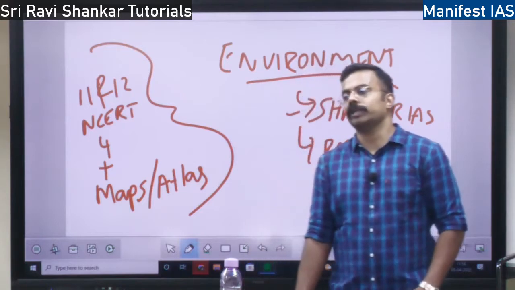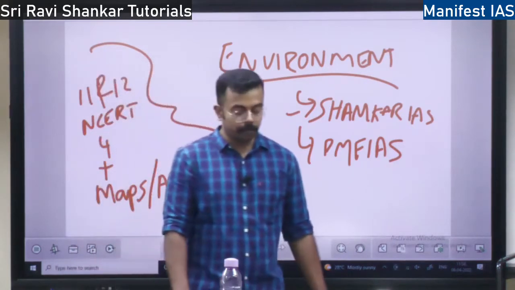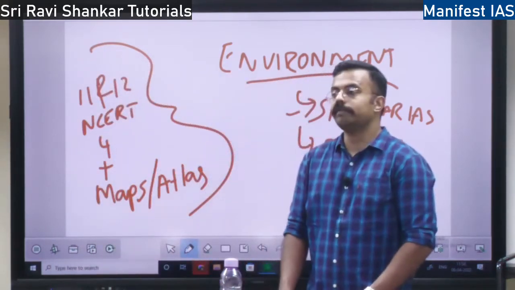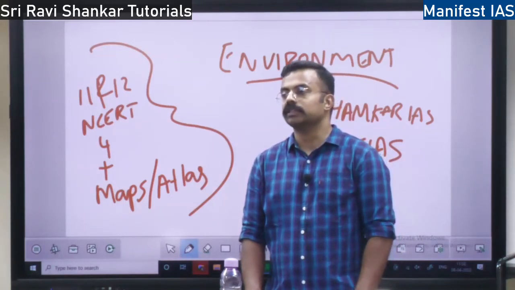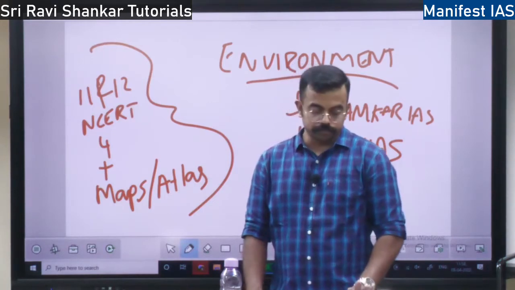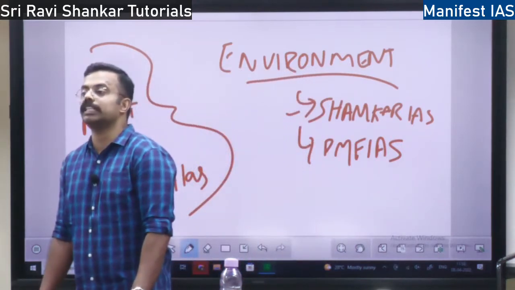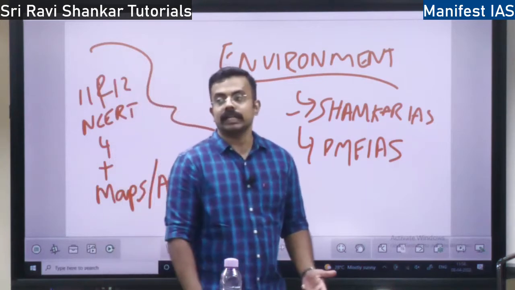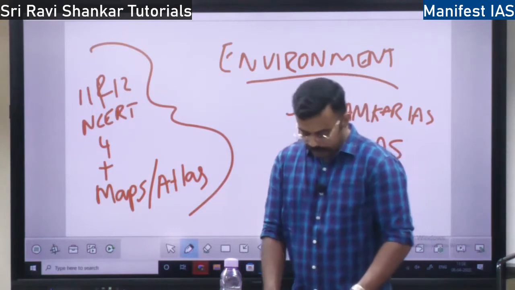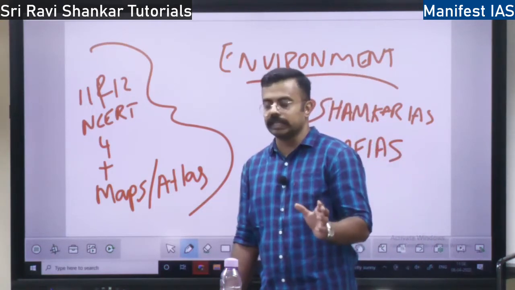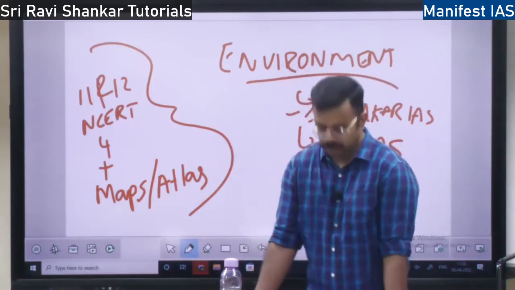So how do we name a community? A particular community is given a name based on a dominant species. When we take the grassland community, where there is a lot of grass, only grass is there, that community is called a grassland community because grass is the dominant species. Let's take the forest community. Which is the dominant species? The trees are the dominant species, right? Whichever thing is dominant in a particular community, that community is named after that species, right?